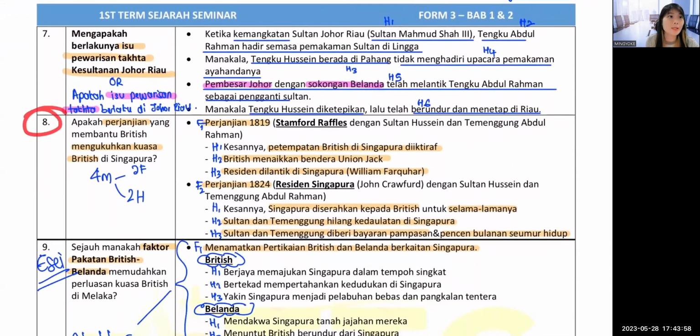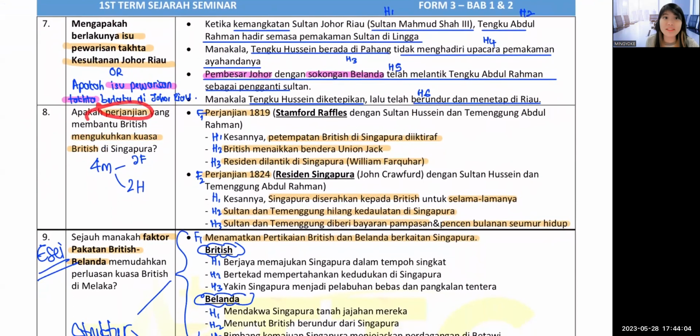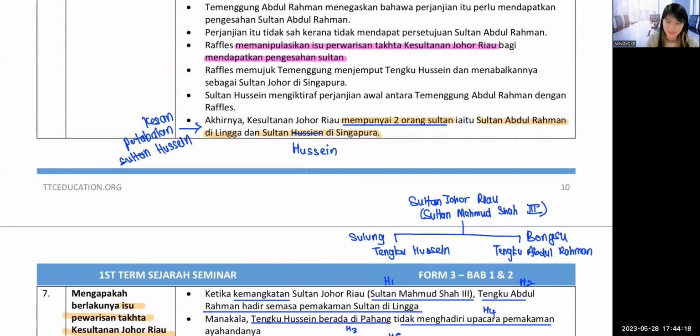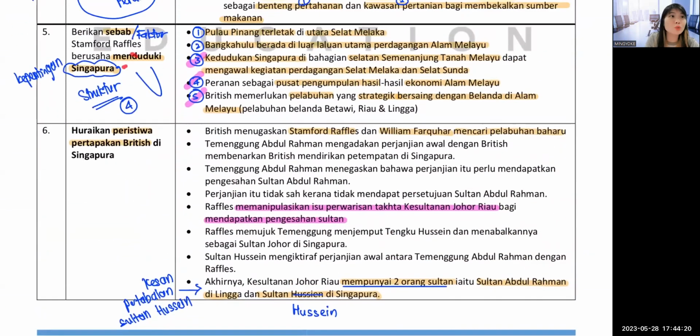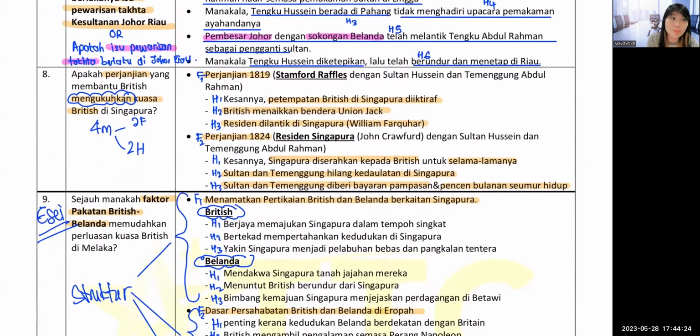Finally, question 8. Perjanjian mengukuhkan kuasa British. According to this agreement here, you should already know. The moment when British take over Singapore, British signed 2 agreements to strengthen, mengukuhkan. You see here, this is mengukuhkan. Here there is no mengukuhkan; this one is why take over. This one is how to strengthen. It is by the Perjanjian